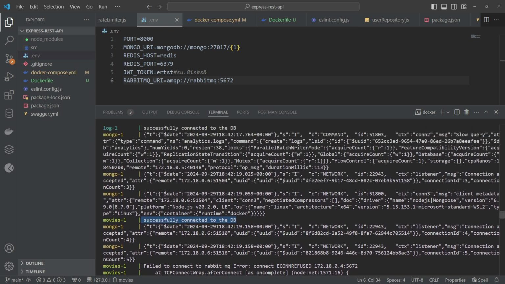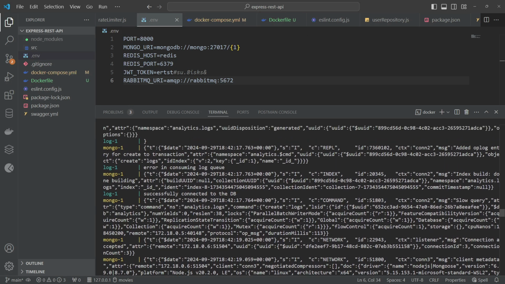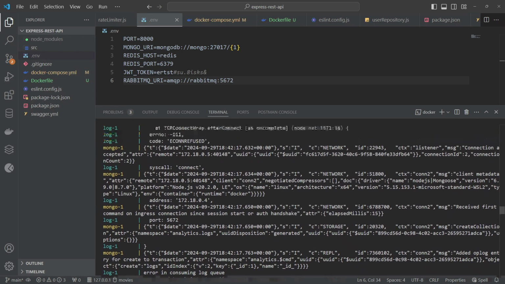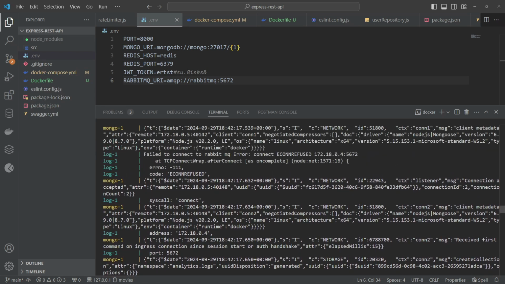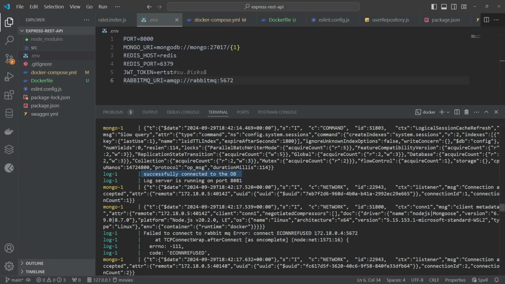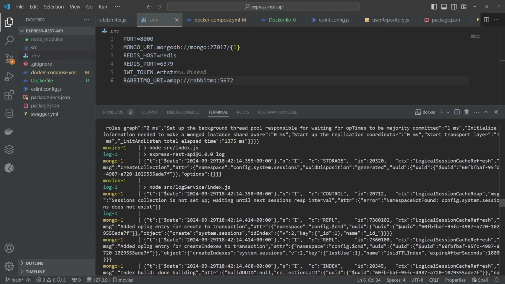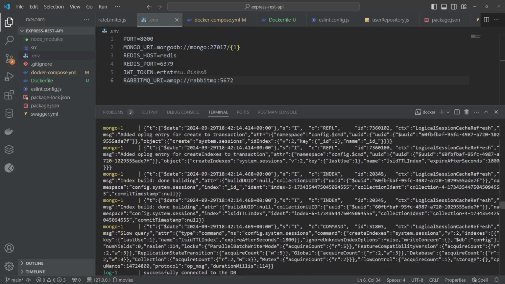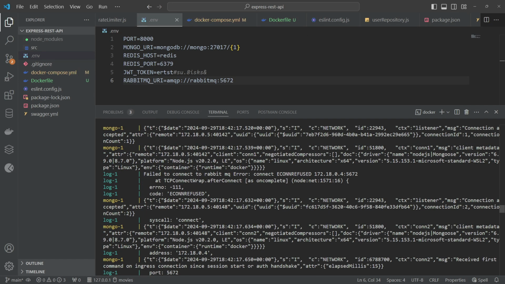So you see again it has failed to connect. You see successfully connected to DB, log server is running on port 8081. This is coming from our log container. So that means we are not able to connect to RabbitMQ. Here you can see the log error message. I was initially not sure why it is not able to connect, because I checked